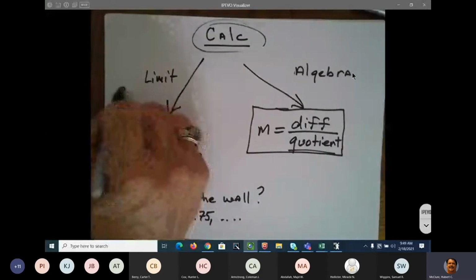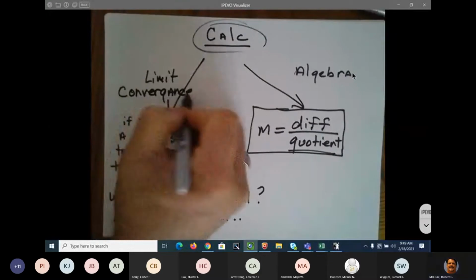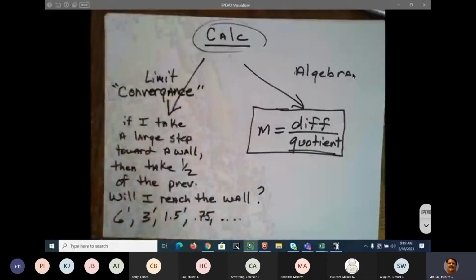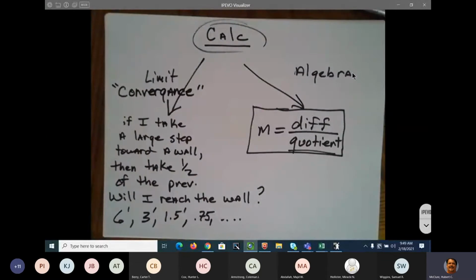Limit theory basically talks about convergence. I put it in quotation marks because I don't know if that's an E or an A, but convergence. So how do we do this? Well, I'm going to show you. Now, I'm going to take off from what I showed you with the